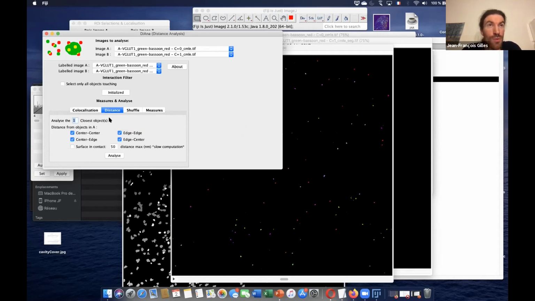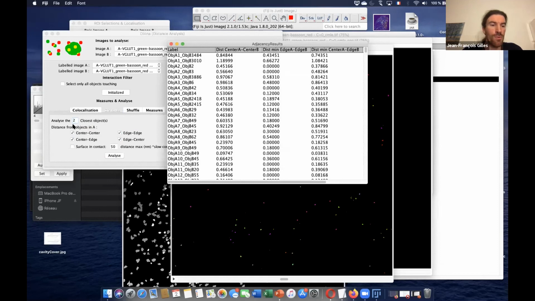For example, if you are in super resolution, you may use this to have many distances, and we can analyze the n closest objects for each one. Let's say 2, for example. When we say 2, it calculates the 2 objects which are the closest for each one. So there are 2 values, in fact 2 objects for each one, and the distances.